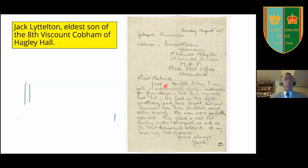And obviously, there was a great variety in the backgrounds of the Yeomanry. Jack Littleton, who was the eldest son of 8th Viscount Cobham of Hadley Hall, is still there. He wrote a letter, and these letters, obviously, there are some really grim ones, made it into the press. "But best beloved, just a scribble to say, I am well. And